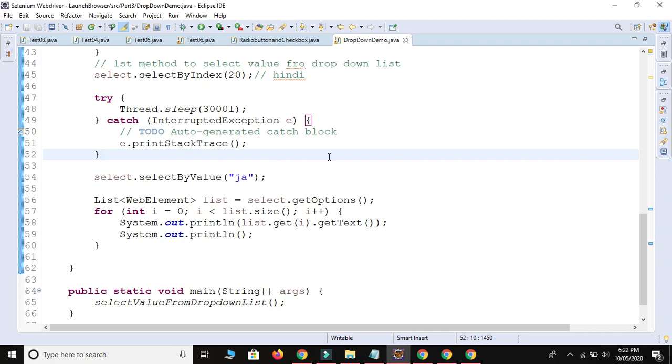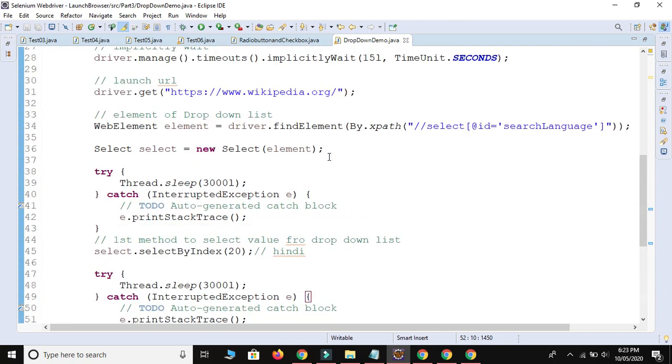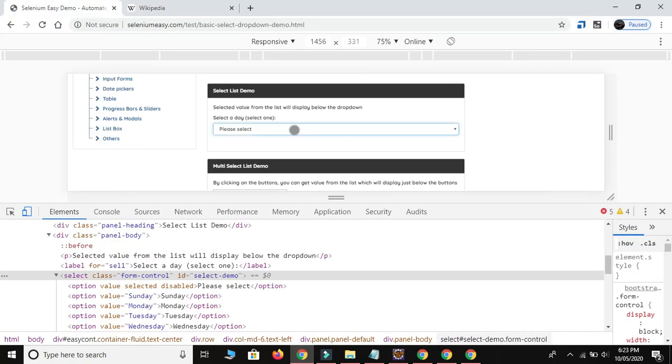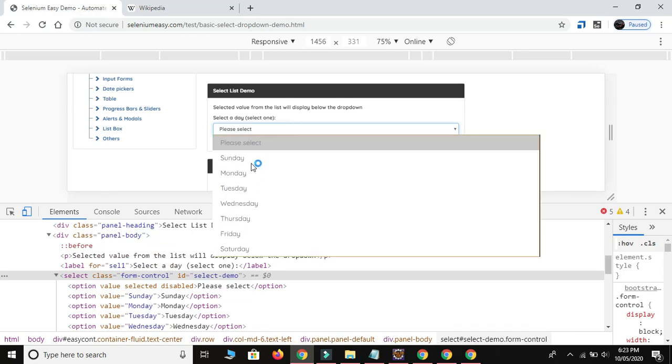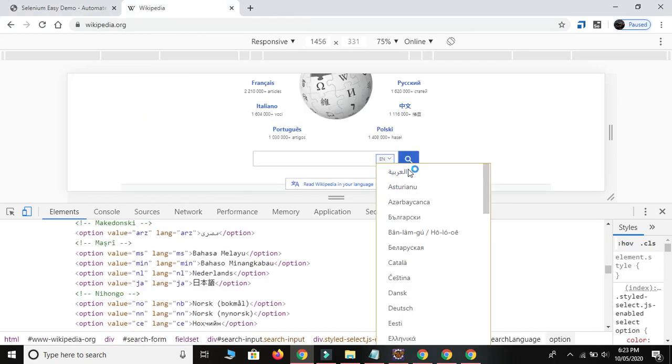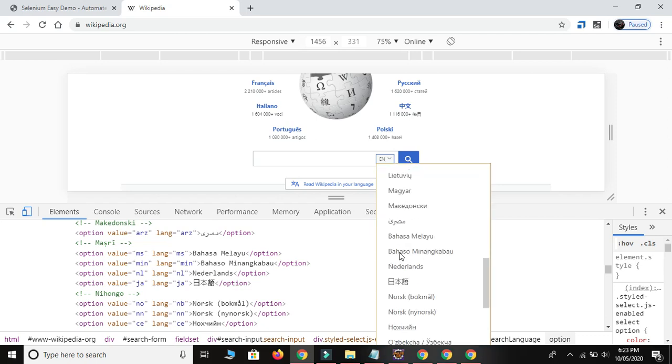So my aim is totally complete. I covered how to select a value from a simple drop down which contains sub elements in only a single English language. I have already covered how to select a value from a drop down whose values are in a different language, Japanese, Chinese.